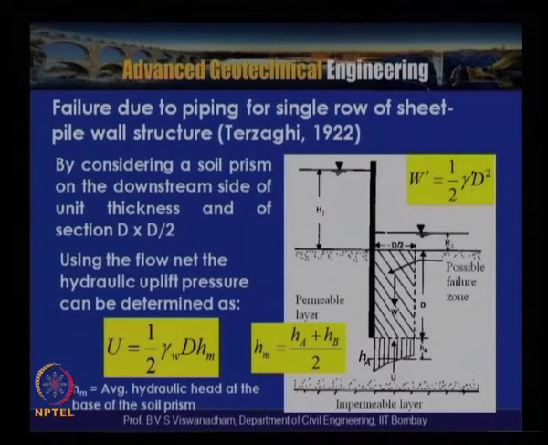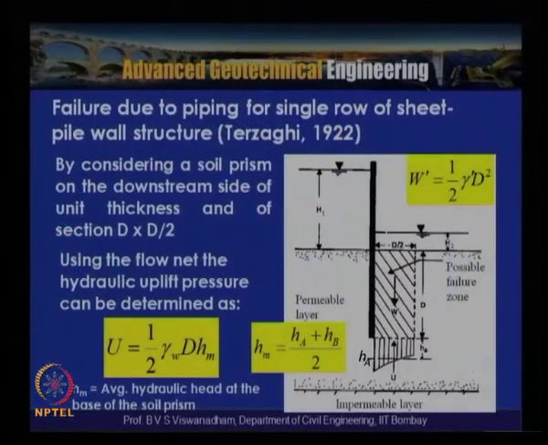If you consider this diagram, you have a row of sheet pile wall with head of water H1 here, and H2 is the water level downstream. So, the differential water level is H1 minus H2. This portion of the soil prism will be subjected to instability. One of the methods to prevent this failure is to provide an apron, or nowadays, with modern applications, geosynthetics can also be explored.